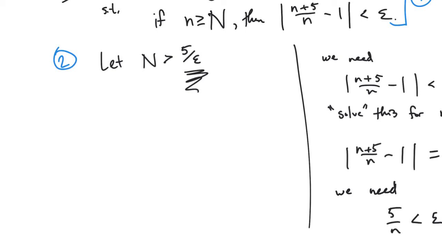That's step 2. All right, and now step 3 is demonstrating that actually what we want is true. Step 3 always begins with let my little n be greater